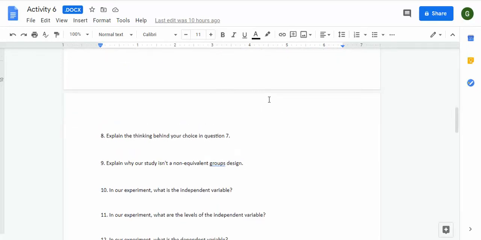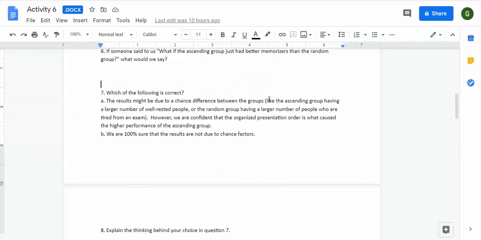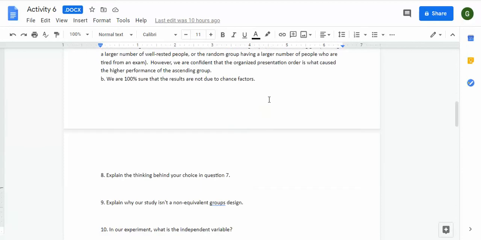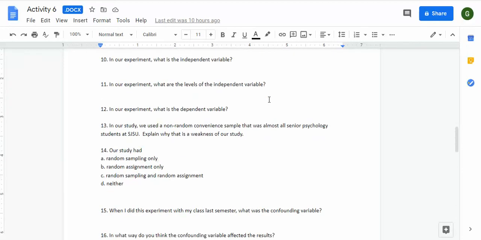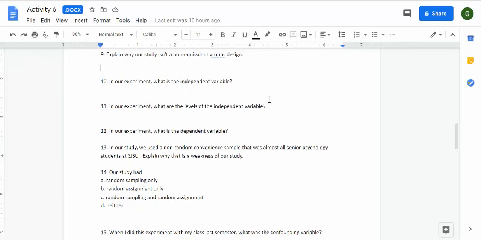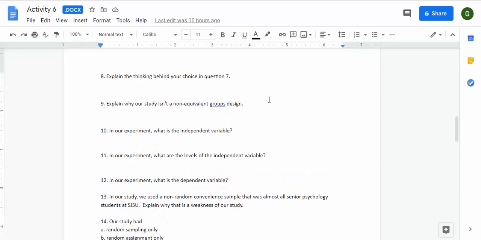And base your answer on the result of our imaginary experiment, from the output of the t-test. And here, I have some questions that you can answer without any statistical testing or without the website, because these questions are just based on your understanding of the